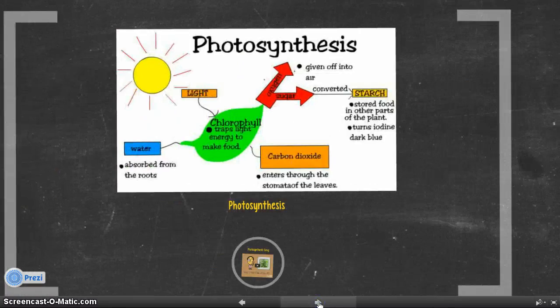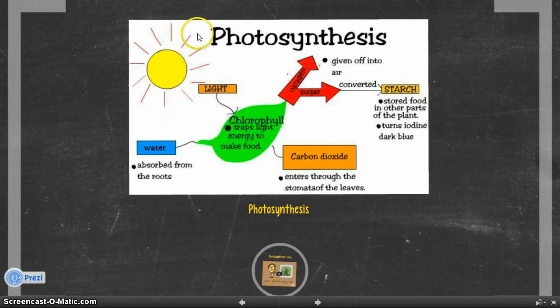So let's take a look at this photo here. Now this explains the process of photosynthesis. It starts here with the water being absorbed from the roots and entering into the plants. And then we have here our sun, which is giving the plant light energy. Now here we have our other vocabulary word, chlorophyll. And remember, chlorophyll traps this light energy in order to make food, in order to give